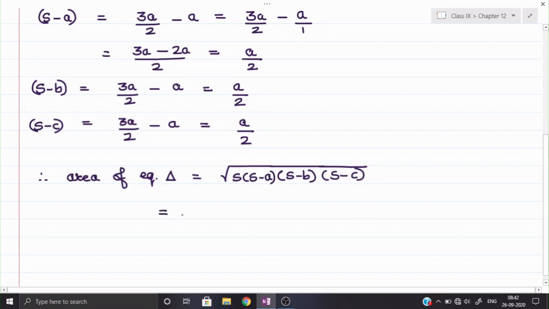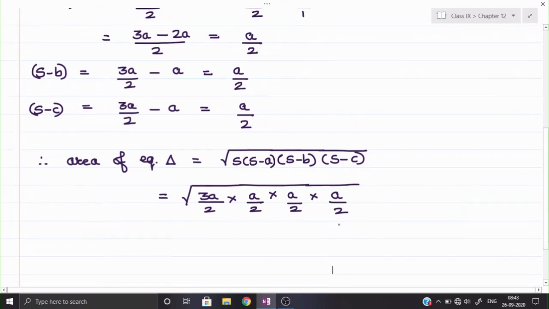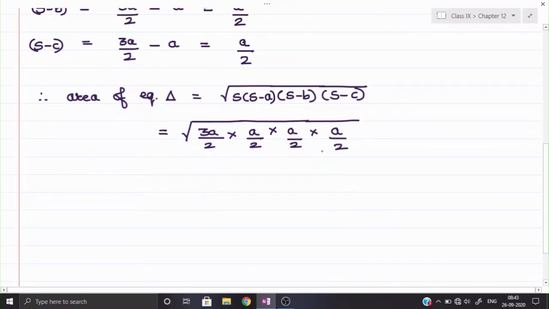Okay, let us put up the values over here. So if we put up the values, first value s, that is 3a upon 2, into s minus a is a upon 2, again s minus b is a upon 2, and s minus c will be again a upon 2. Now see, the situation is simple for us now. Otherwise if we were calculating here, it would be difficult for us. One pair of a upon 2 is complete. You observe, it may be a fractional value. If a pair is complete, that will go out. So one a upon 2 will go out.